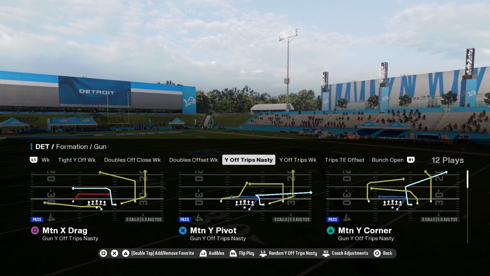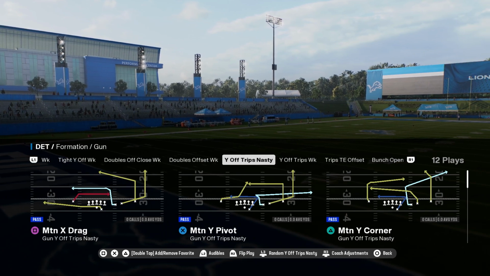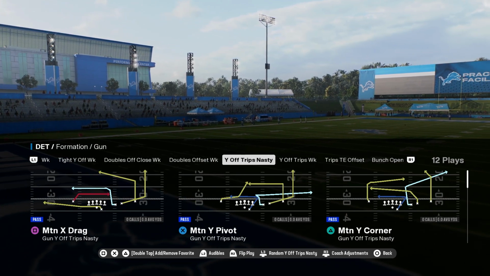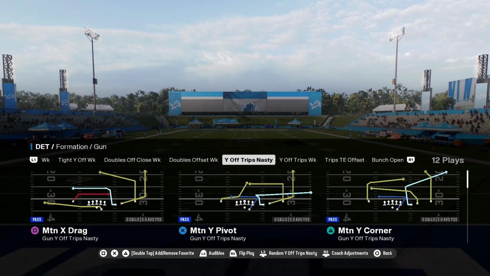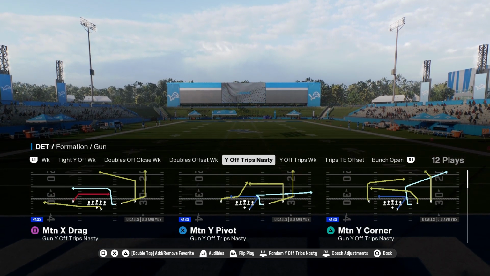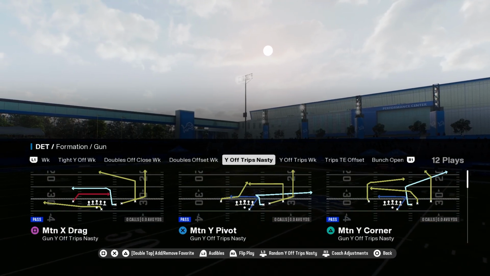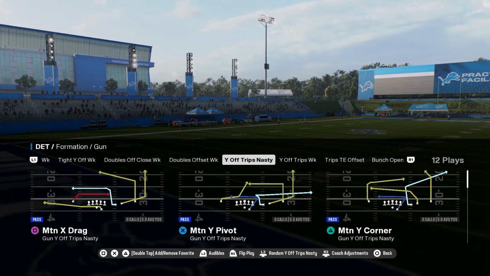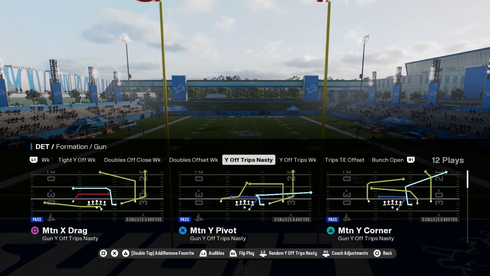We're back and we're breaking down the Y off trips nasty formation in Madden 25. You're going to find this formation in the Giants and the Chiefs playbook, and it's absolutely perfect whether you're grinding MUT champs, climbing through seasons, or pushing through the gauntlet, because this is the formation I use when I'm definitely tryharding. If you've seen our breakdown in the play motion Y corner earlier this year, you'll recognize this formation and